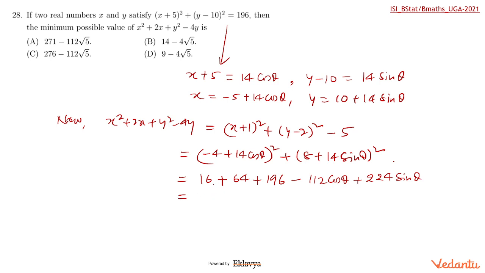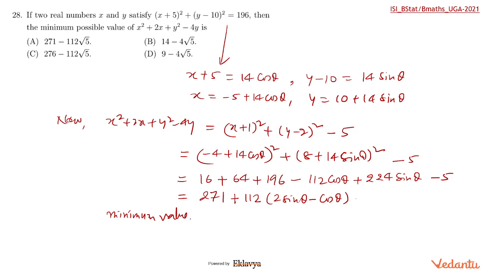So it becomes 80. And -5 was also there, no? -5, okay. So 80 plus 191, 271 is coming, and it is 112 times (2 sin theta minus cos theta), and the max value is minimum